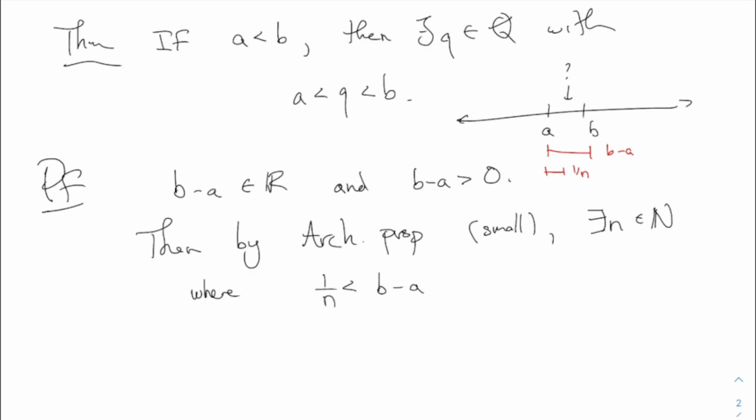You may be tempted to just say, can I just use as my answer a plus 1 over n? That would be just like whatever point lines up right there. Is that a rational number in between? Any thoughts about that? 1 over n is a rational. a plus 1 over n would be right wherever this point ends up there. What do you think? He thinks it's rational. Do you agree?